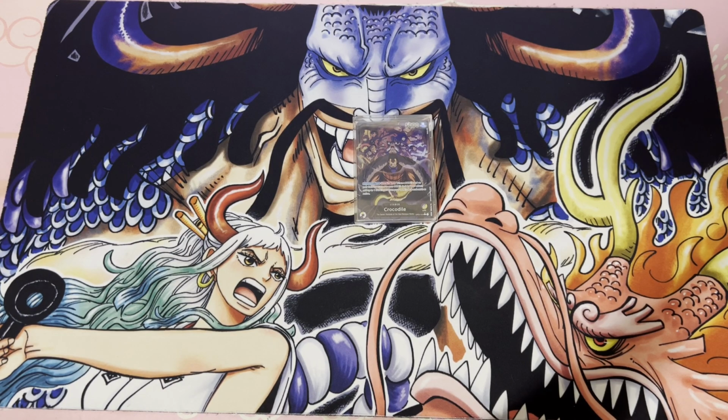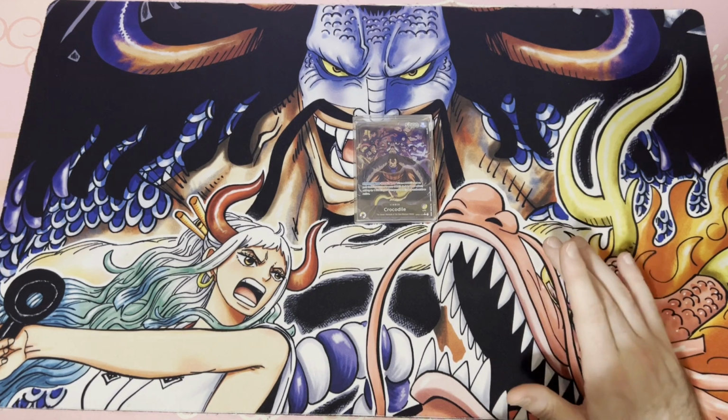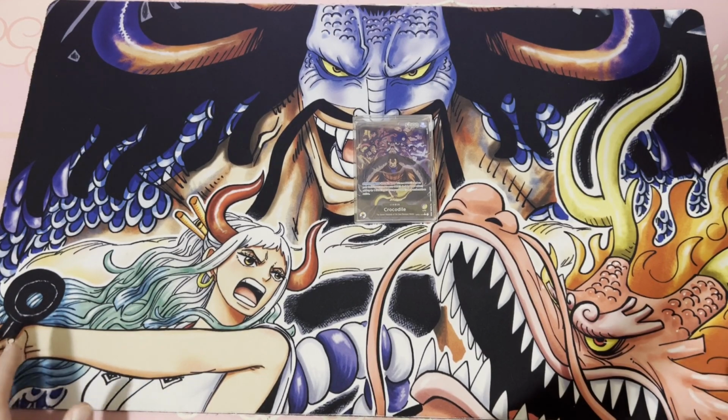I think in OP05 and OP04, Croc was almost pushing into tier 2, but he was never really there. He was always high tier 3. I think this is the first time ever that I can officially say that this leader is tier 2. I don't think he's up with the tier 1s, right? He's not like your Sakazukis, your Morias, etc. But he is definitely a tier 2 deck that is going to pretty much stomp any deck below tier 2,